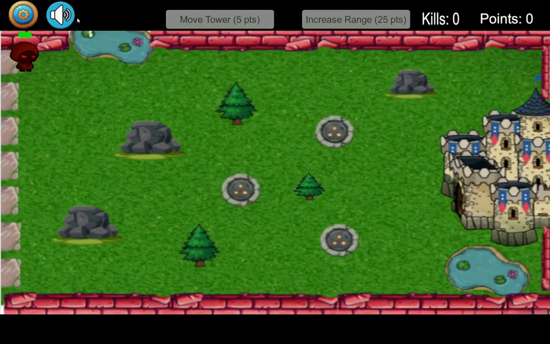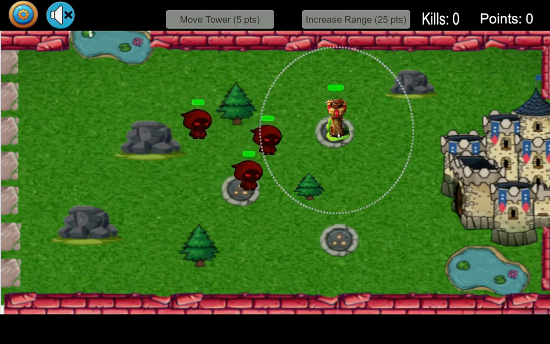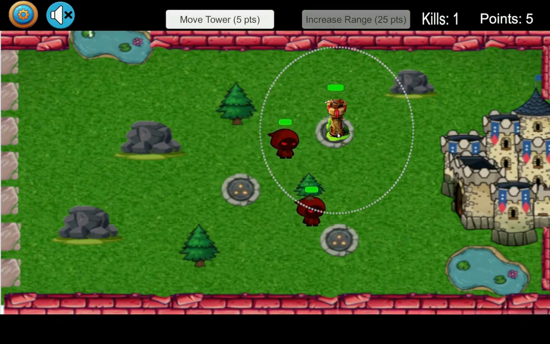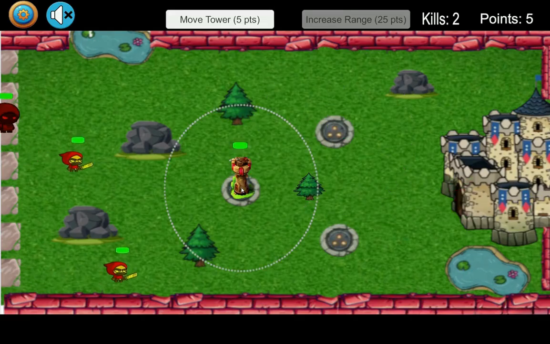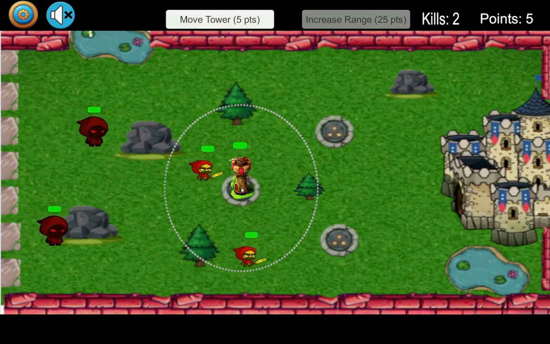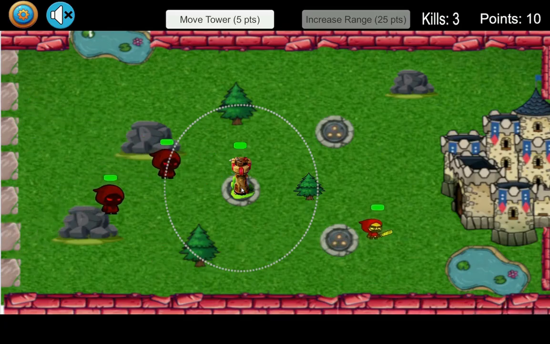Here is my game running. The enemies spawn from the left and they naturally steer their way towards the castle. If something is in front of them, like an obstacle, they can detect it and just slide around it instead of getting stuck. The user can place towers in one of the slots here, and once the enemy gets close